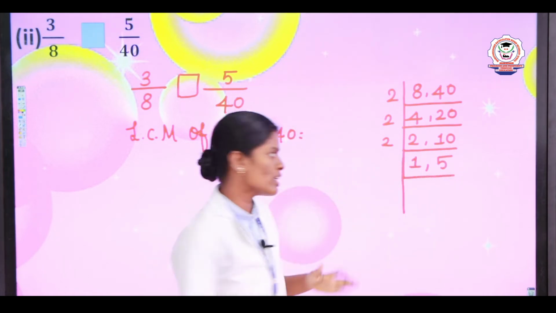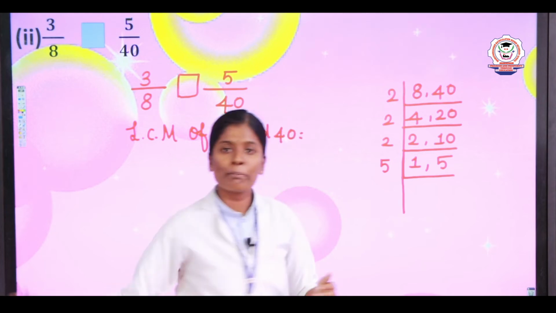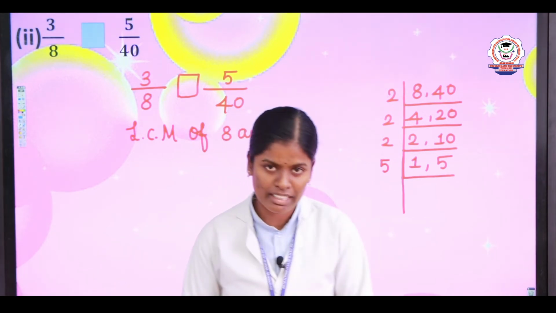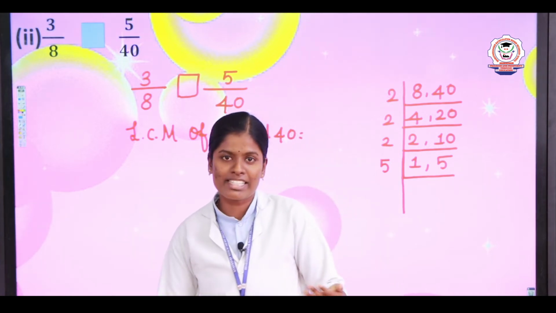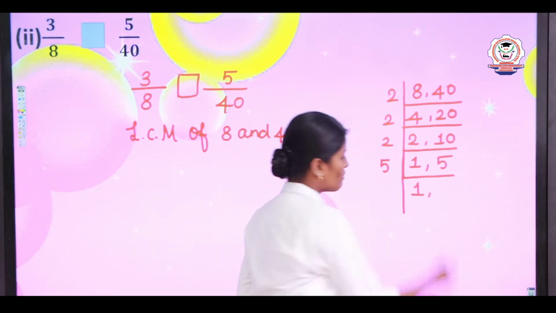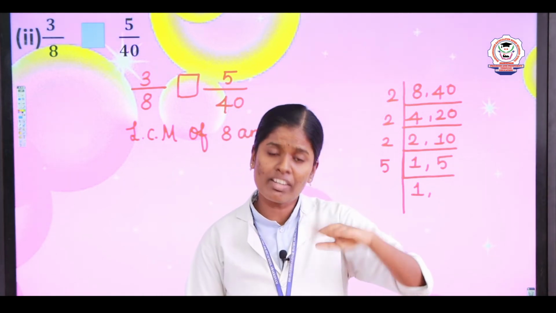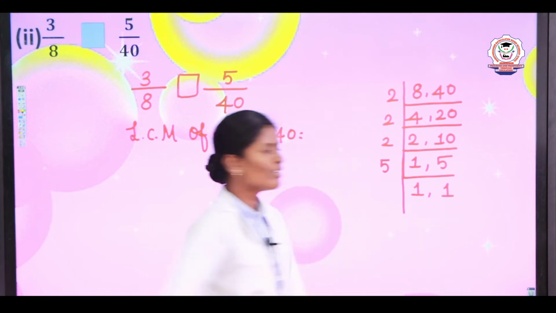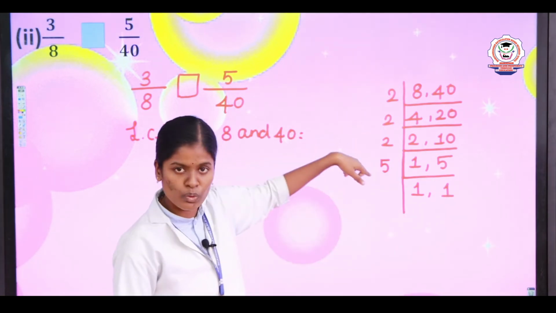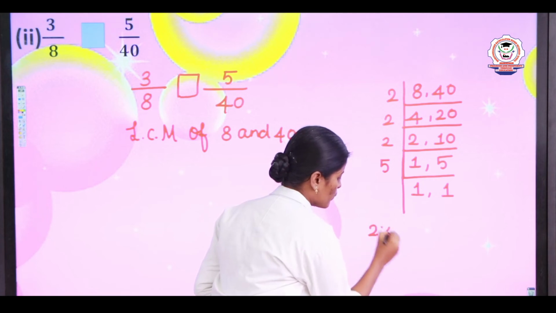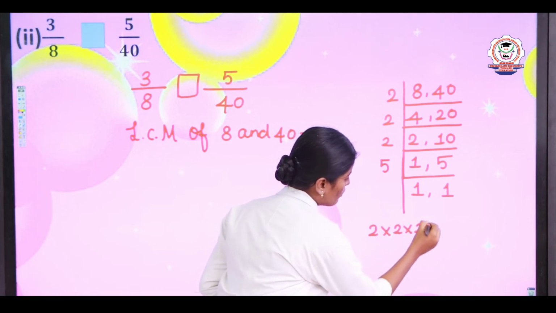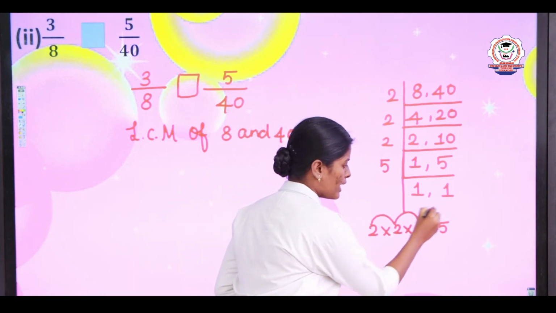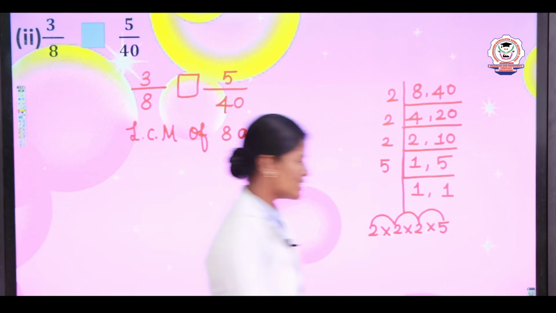Next you are going to take the 5 table. Why? Because here 5 is a prime number. So what does prime number mean? A prime number means it has exactly 2 factors, that is 1 and the number itself. So 1 and then 5 table 5, totally 1 time. 5 1s are 5. Already 5 is there, our answer is 1. Here we have the factors 2, 2, 2 and 5. So take 2 into 2 into 2 into 5. 2 2s are 4, 4 2s are 8 and 8 5s are 40. So we got the LCM value 40.